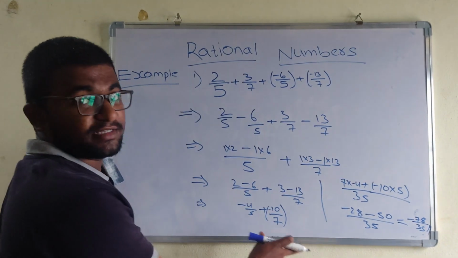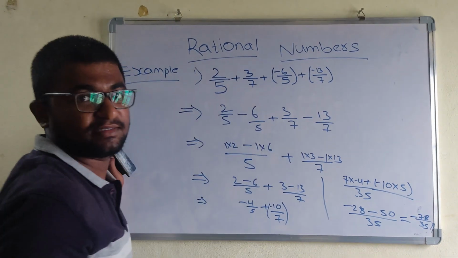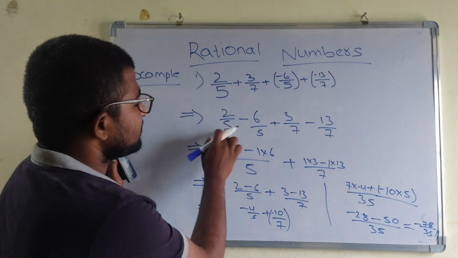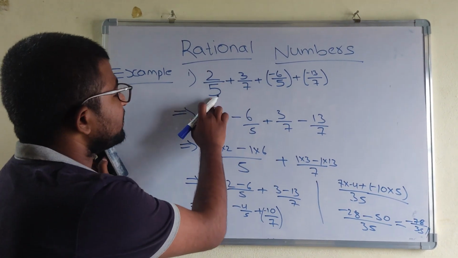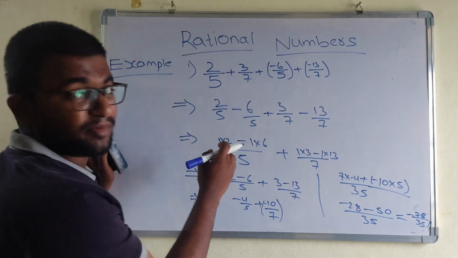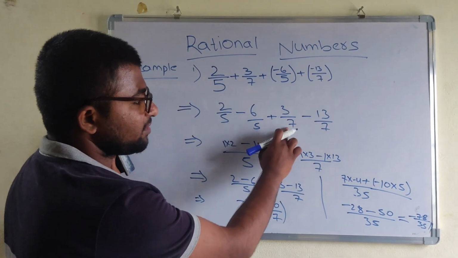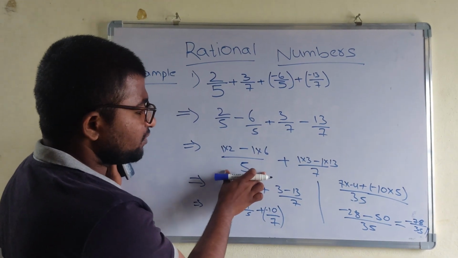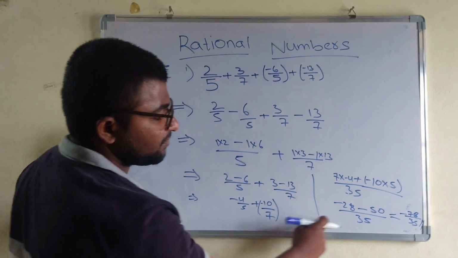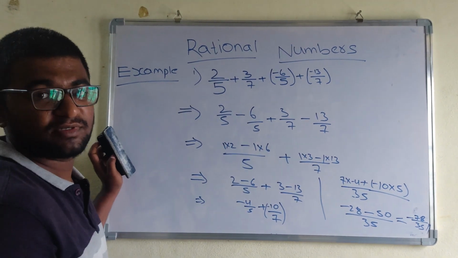This way we can do the calculation of these numbers. First of all, we rearranged the fractions to simplify the calculations. How did we arrange them? By considering the same denominators to make the LCM easier. That is, by taking the same denominator on one side and the same denominator on the other side: 2 by 5 minus 6 by 5, 3 by 7 minus 13 by 7. Then by taking the LCM of these two numbers, and then these two numbers, and doing the calculation, we get the final result minus 78 by 35. This way we can solve this example very clearly.